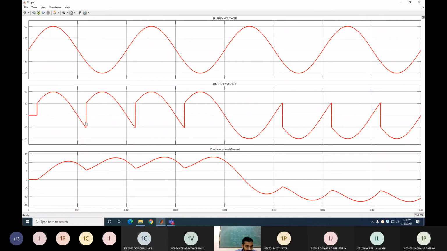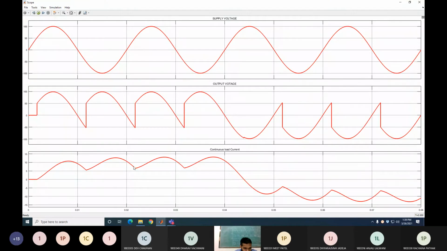Why? Because here your pi plus 5 is here and pi plus alpha is here. If you provide sufficient time up to this pi plus 5 for the inductor to completely discharge, then current becomes 0 at this point, pi plus 5. But before that, here at pi plus alpha, you fire the next positive thyristors P3 P4. So again the current is flowing in the same direction, and again your inductor is charged. So you can see that current will increase from this point when P3 P4 starts conducting. Clear? Same thing happens here at 2 pi plus alpha.